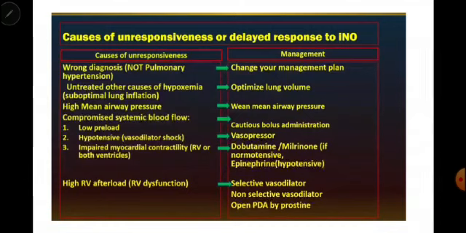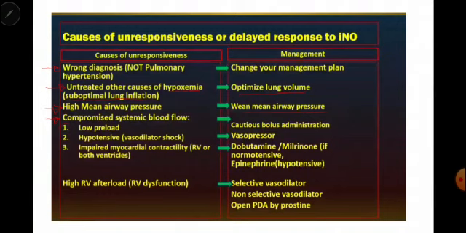The causes of unresponsiveness include a wrong diagnosis. This is not pulmonary hypertension, so we need to evaluate more to know the cause and to change the management plan. Or there may be untreated other causes of hypoxemia like suboptimal lung inflation, so we need to optimize the lung volume. Or if there is high mean airway pressure, we need to wean the mean airway pressure. Or if there is compromised systemic blood flow,